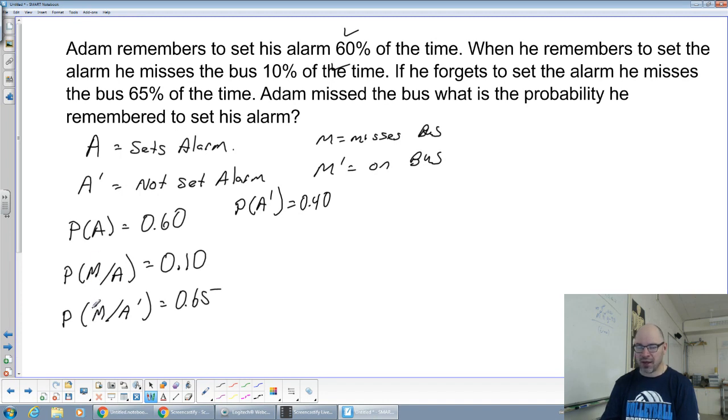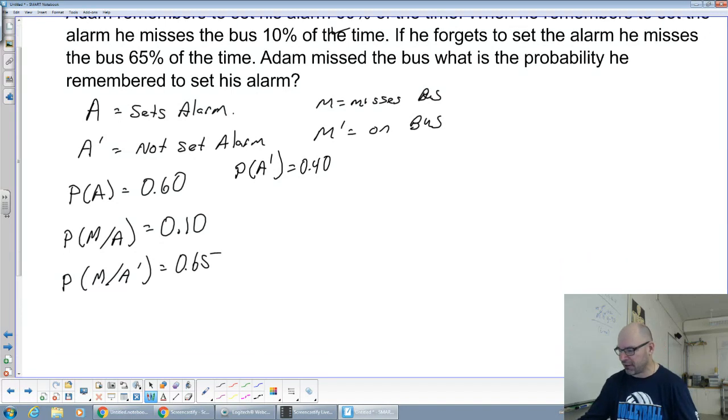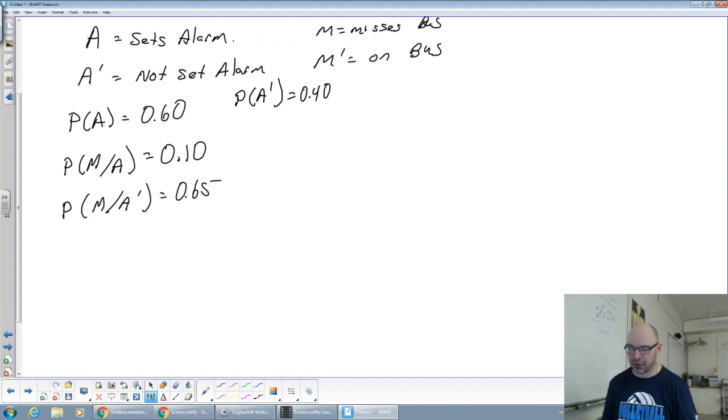Okay. So we have to kind of do our tree diagram. We have to have a situation where he sets the alarm and where he doesn't set the alarm. And then we've got to figure out when he misses the bus. So it helps to draw a tree diagram. So we're going to do this over here. So first thing we're going to do